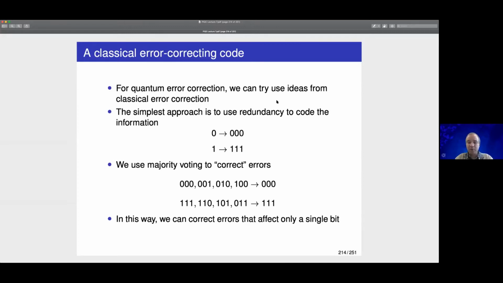So you want to be sure that after some time, when you try to recover this information, or in a classical information channel, the other person that is receiving the information receives the correct bit that you want